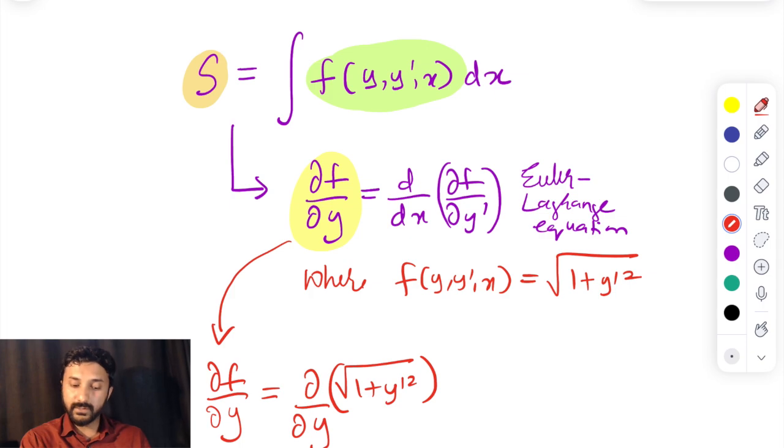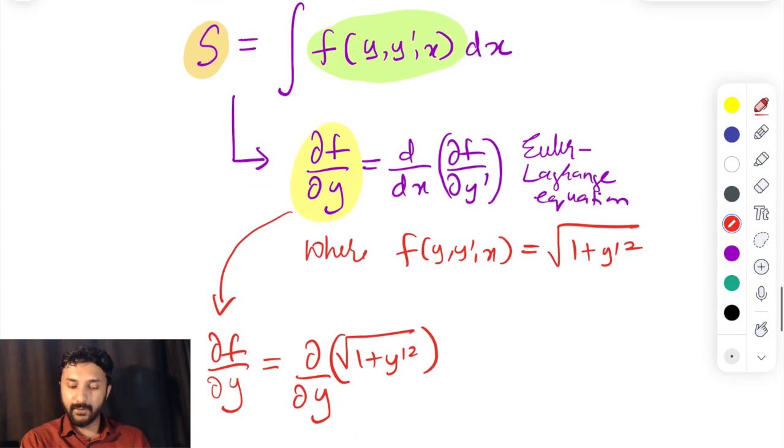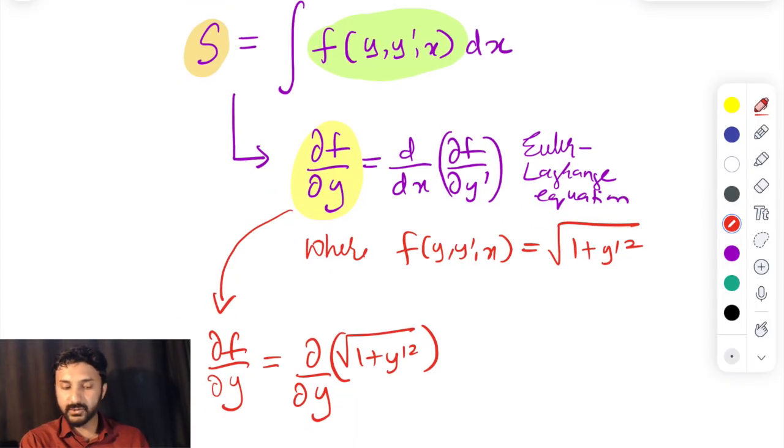We don't see y, we see y dash, we don't even see x, right? So though in general the function f must be a function of y dash and x, like I mentioned in the previous video as well, it need not be, right? Even if it's possible it's just a function of y dash like it is here, which means that when you try to differentiate